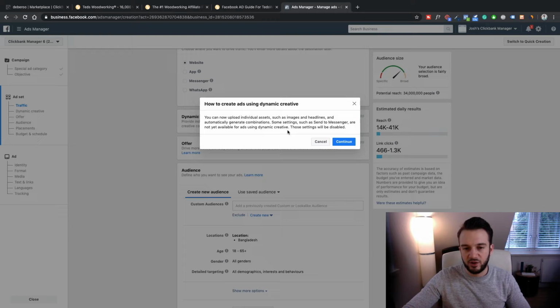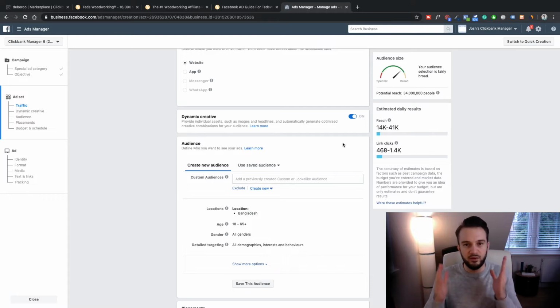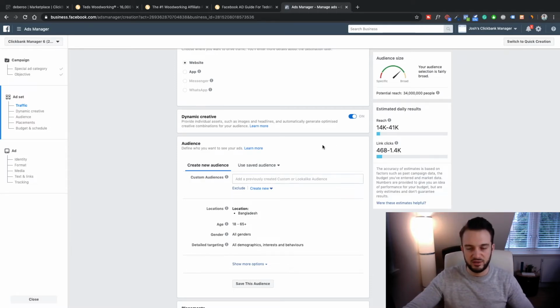For ads using dynamic creative, those settings will be disabled. Basically what it says is that the simple version of the ads, where we've got a headline, a copy, and a creative, is what we can now start split testing. And for those of you that have been setting up Facebook ads for a while, this is very